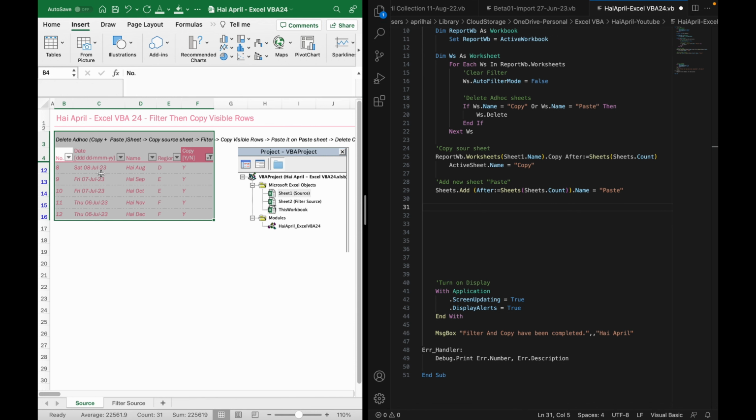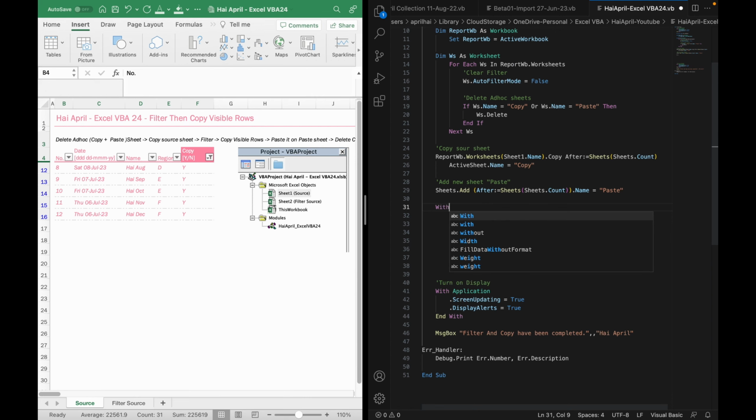As we know, row 3 is not included in our data table range, so we need to clear the data before the header to avoid the shortcut Control A effect on our code, so that it selects the right data table range. So we use the With function to display the short way of writing the code, like that, with